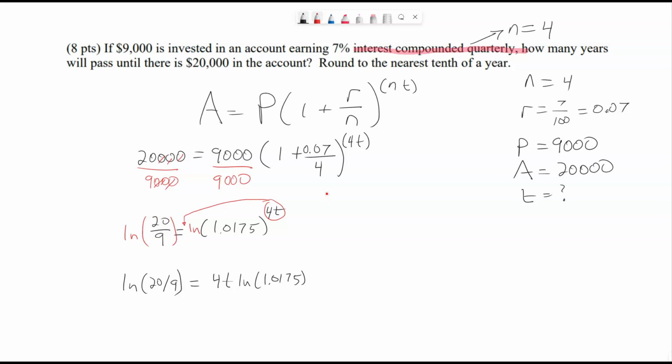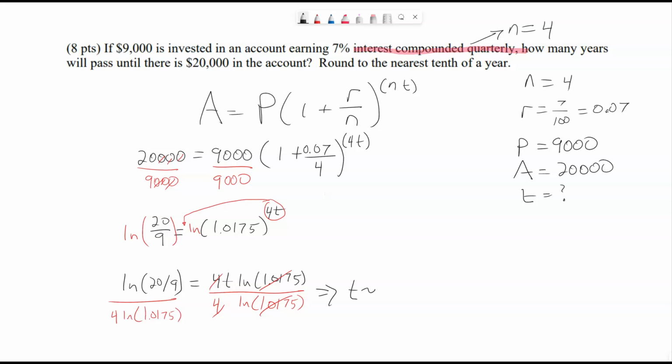We can now solve for t by dividing by 4 and the ln of 1.0175 on both sides, and get t equals